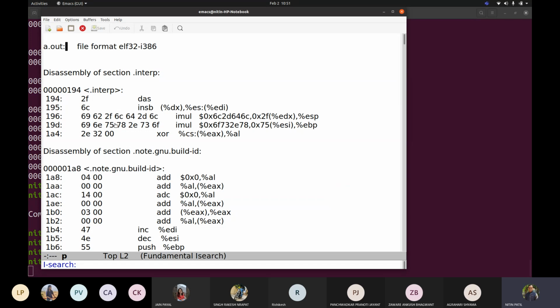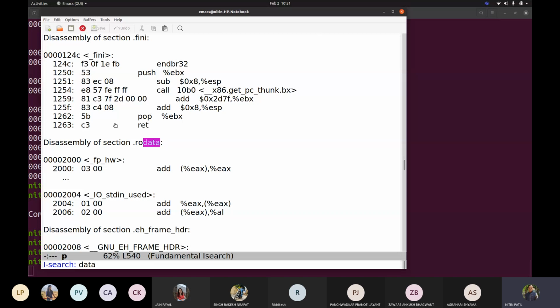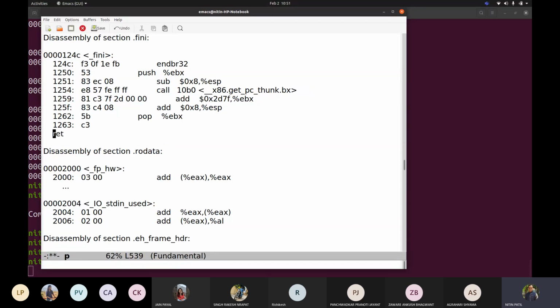But if I try to see section.txt, even then it is not showing the things to me. Where exactly did the txt go? So if I try to search data, it is showing me arrow data, correct?